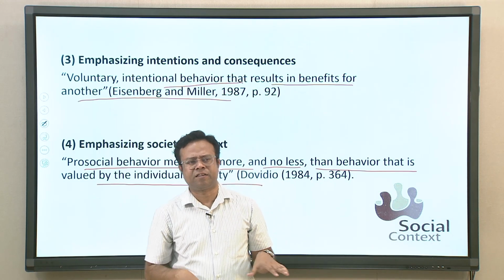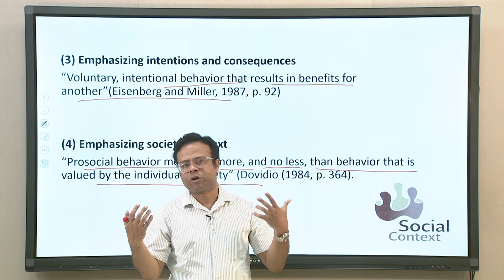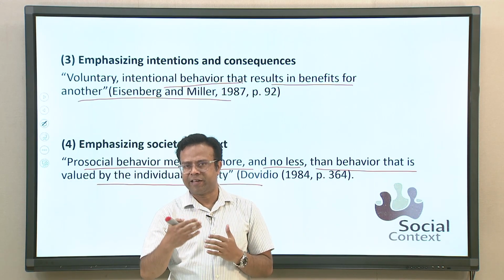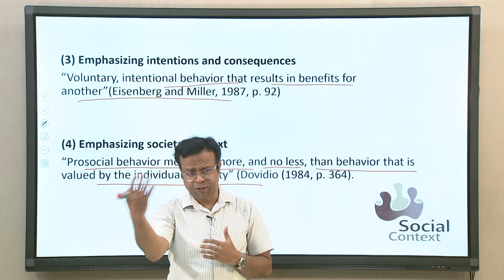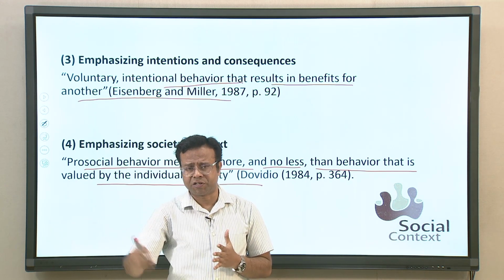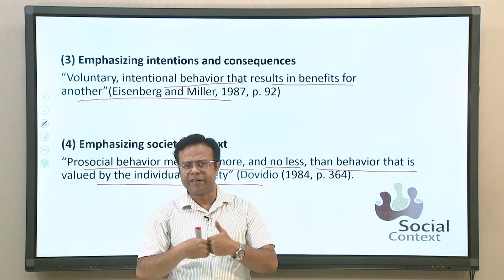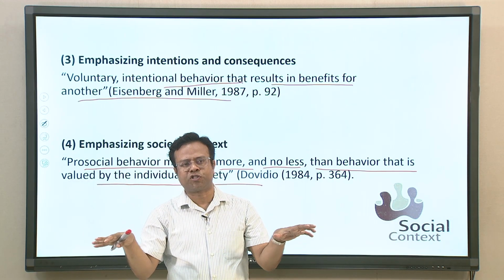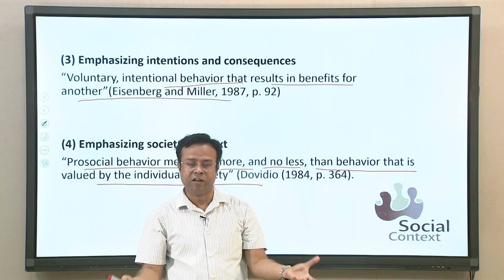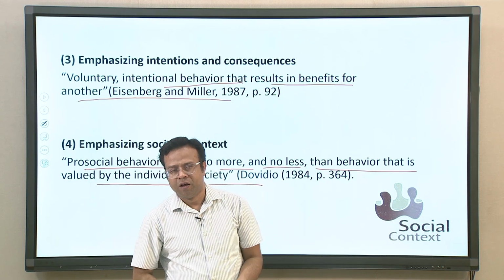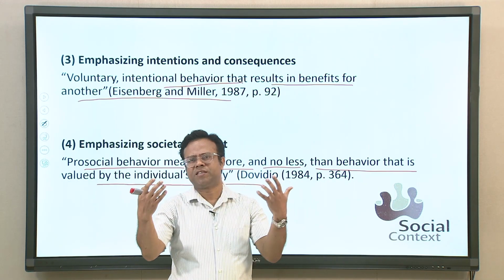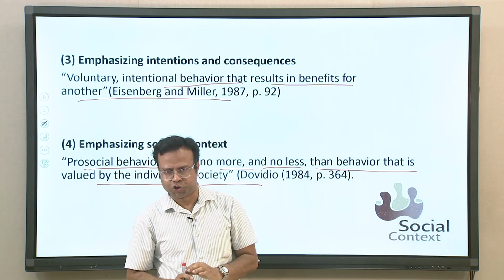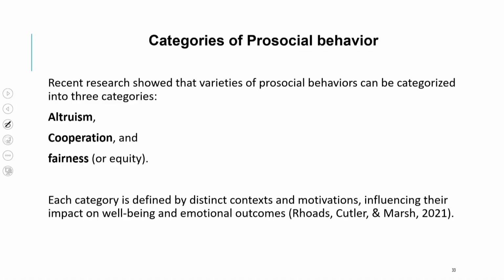The basic idea is that any action can be called a prosocial behavior, provided there is an intention to benefit someone else, one person or multiple persons, and most of the time when the intention is positive, the consequences are also positive. And overall, such behaviors are valued by the society in general or the broader social context. So, all these definitions summarize the different ideas associated with prosocial behavior. This is about the definition of prosocial behavior, and one particular aspect, altruism, we have also defined.